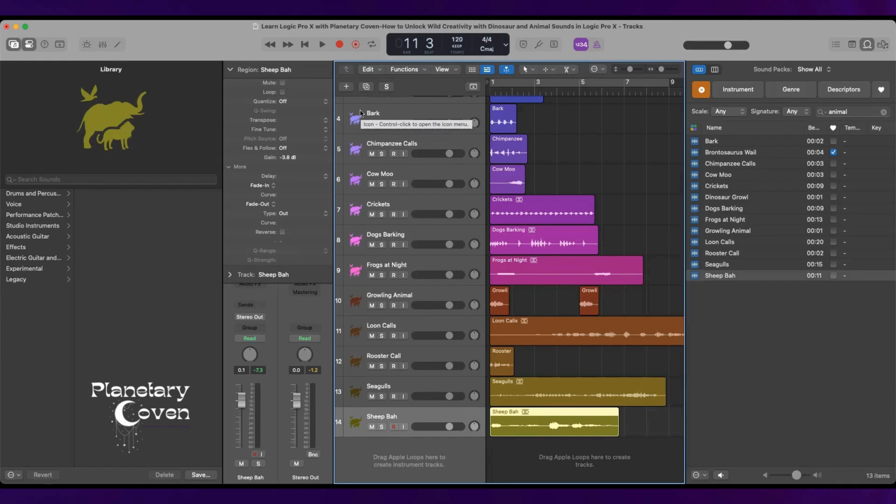Now, you might not want to use 13 animal sounds in your songs, but perhaps there's a way that you could use growling animal to do the beat drop in your big chorus. Perhaps you do loon calls to add some ethereal sounds and eeriness to your bridge. Right? There are ways that we can feed these into our tracks that people might not necessarily think,